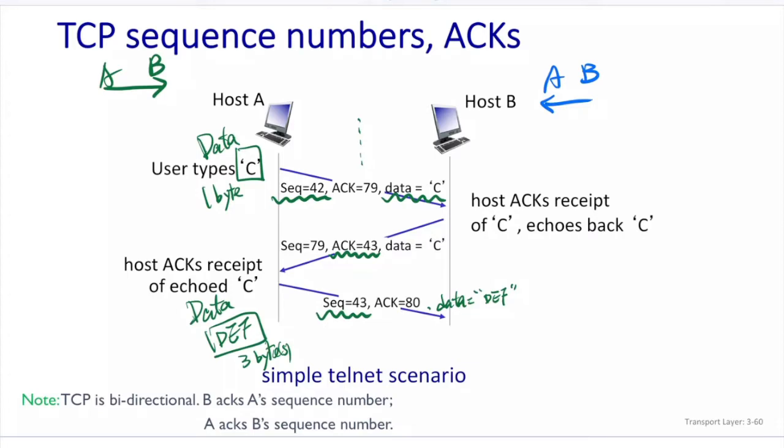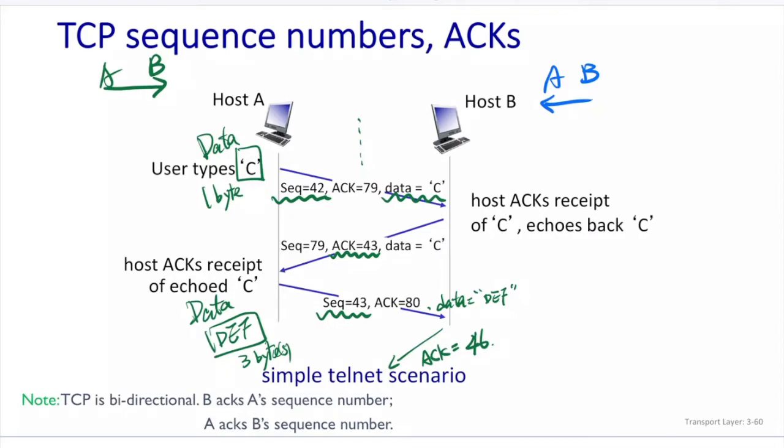And we can know that the next ACK number will be 46, right? Because D is the 43rd byte, E will be 44th, and F will be 45th,